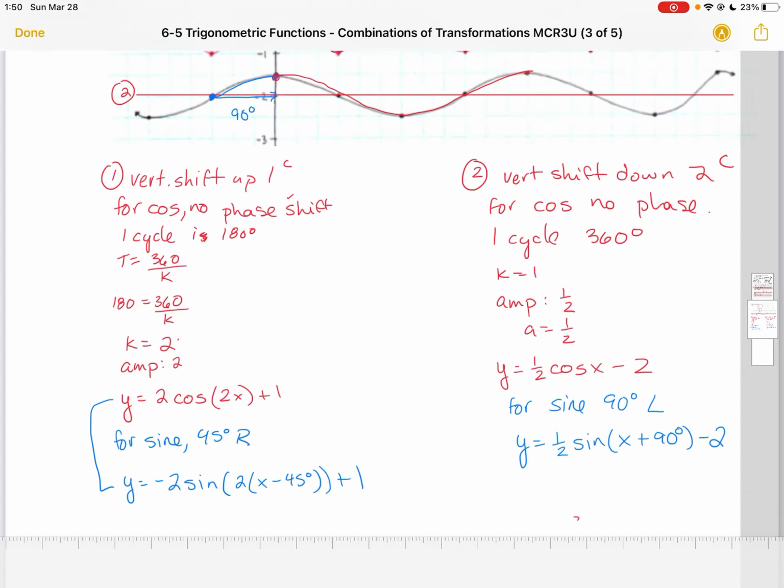There are some examples of identifying characteristics, simplifying and sketching equations, and then determining an equation from a